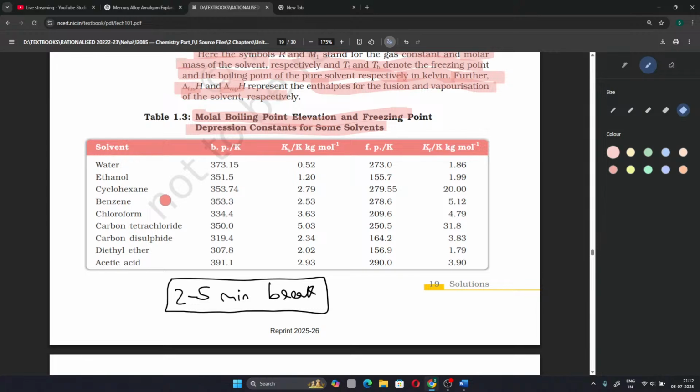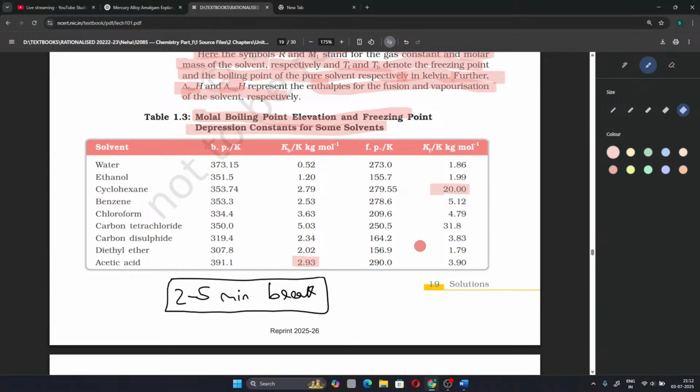These are for some solvents. For water, the boiling point is 373, the ebullioscopic constant is 0.53, the freezing point is 273, which is 0 degrees, and the cryoscopic constant is 1.86. And if we see the highest ebullioscopic constant, it is acetic acid, which has a 2.93 value, whereas the highest cryoscopic constant value we see in case of